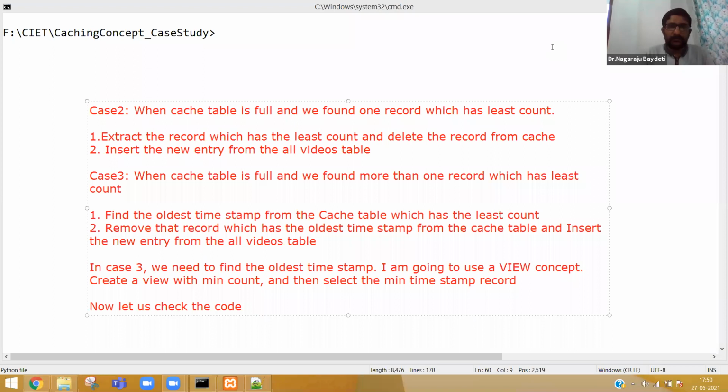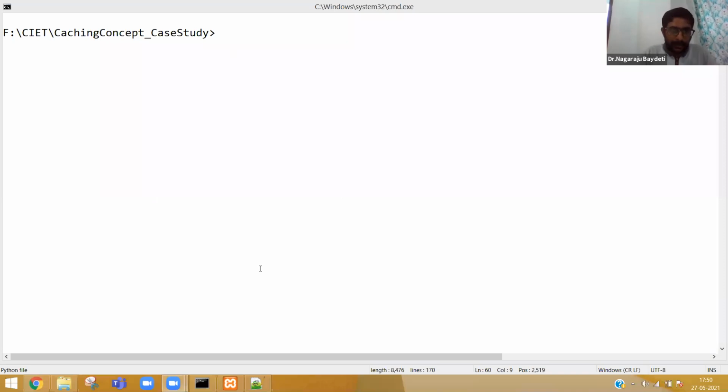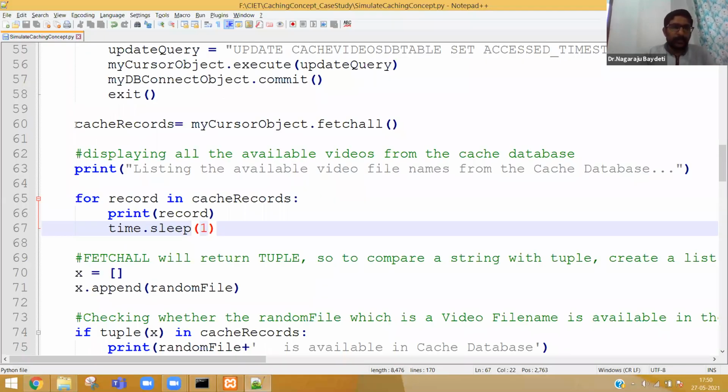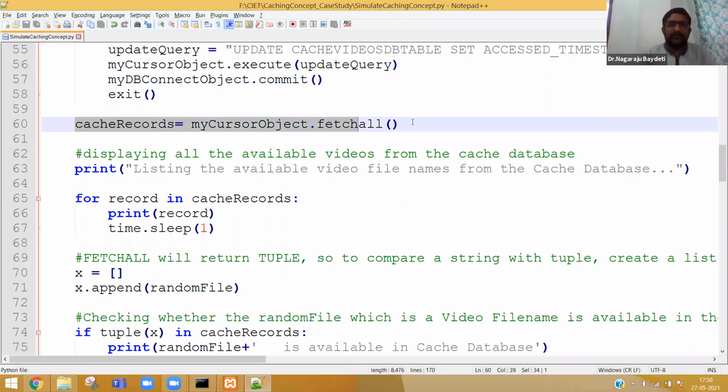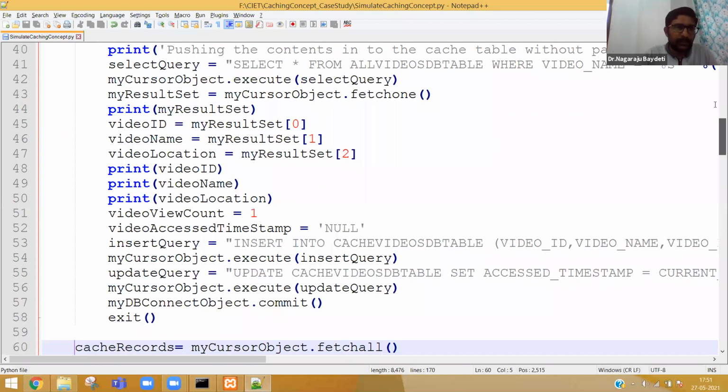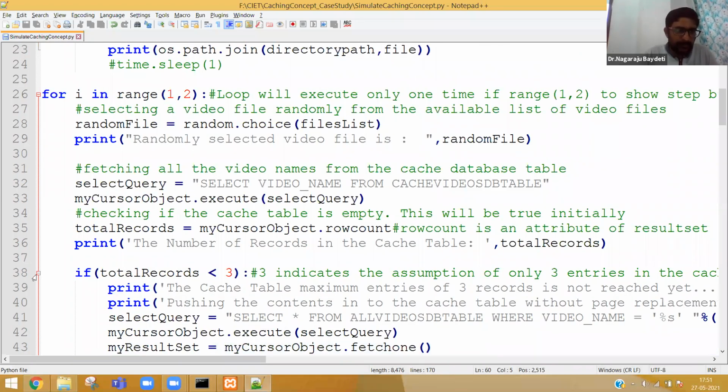Let me show you the code now. So let me come to the program. Okay, now what is this fetch all? Fetch all means there is a query which is executed, and for that query we are fetching all. Where is the query? See here. Line number 60 is not part of the if statement. Let me just click minus.